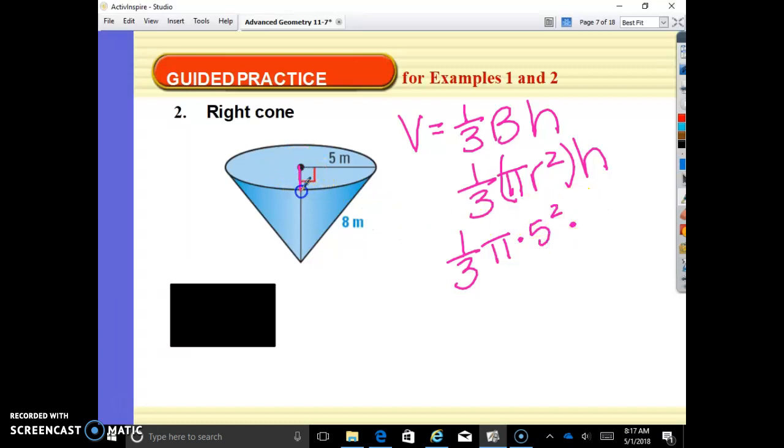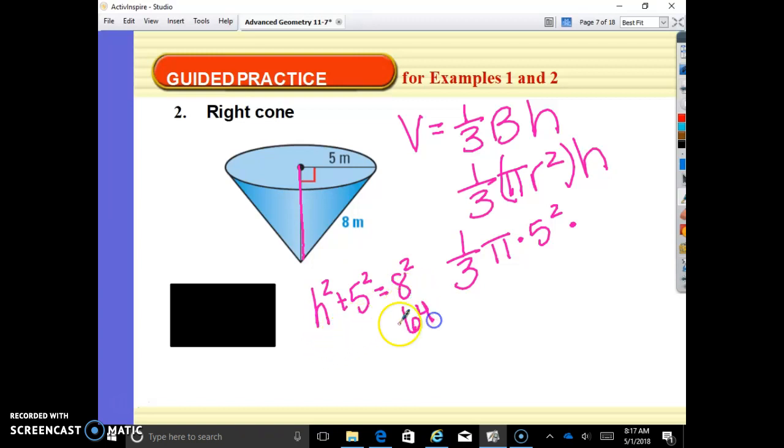Oh, we don't have the height. We need to find it. We know that this is 8 and this is 5. We can use Pythagorean theorem to find the missing side, right? When you know 2 sides, you can find the third. A squared plus B squared equals C squared, right? So our height squared plus 5 squared equals the hypotenuse squared. So we're going to have